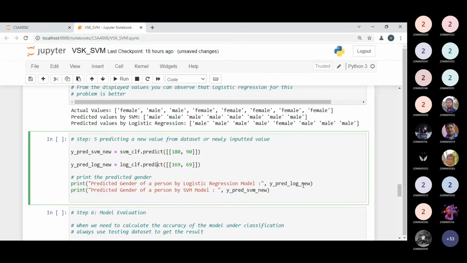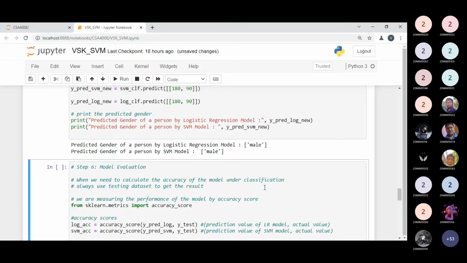So I have to change some values: that is 180, and this should be 90. The same parameters I'm passing to both models to determine which model gives the accurate result. So 180 and 90 is tentative data I'm giving. Let us check what prediction the logistic regression model and SVM model give.